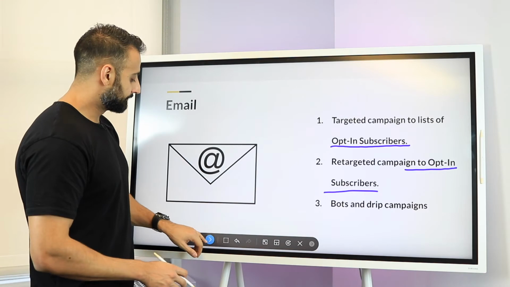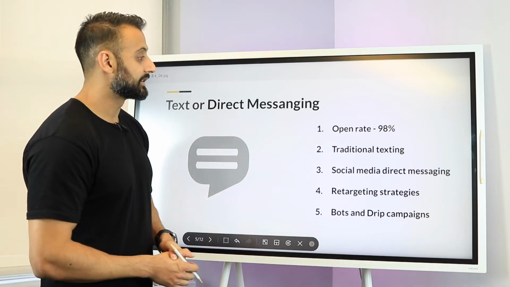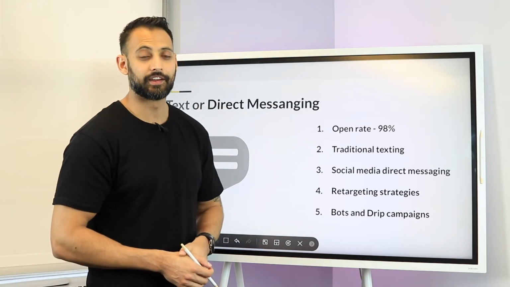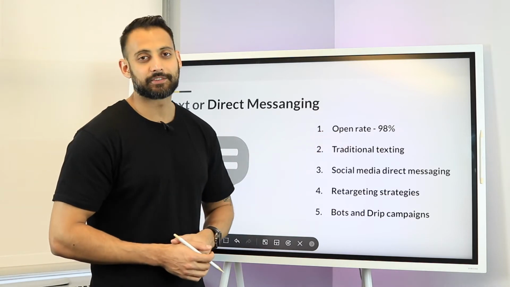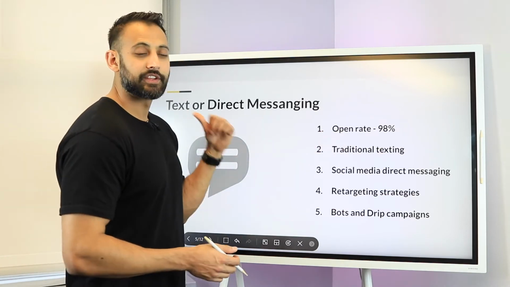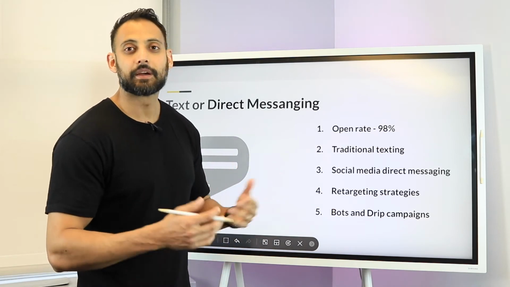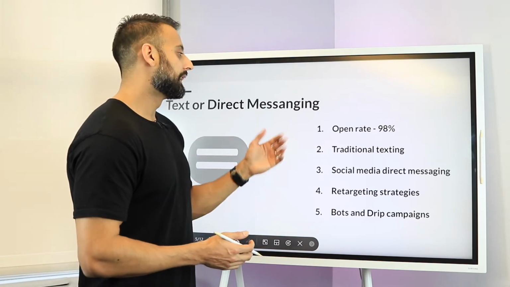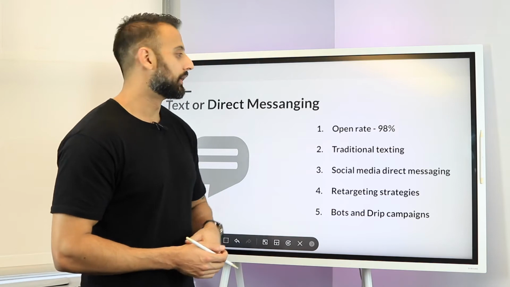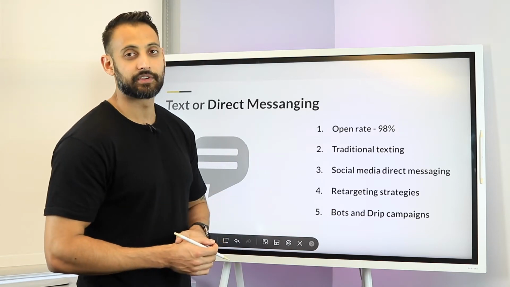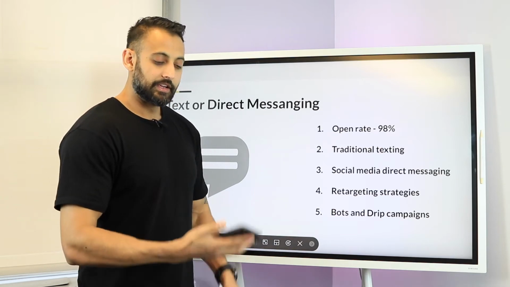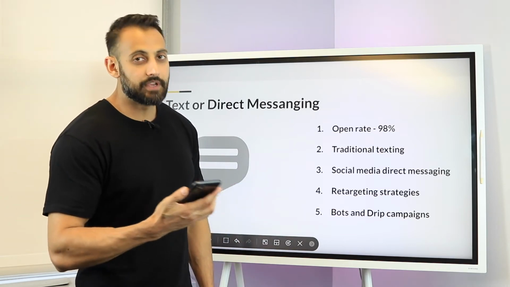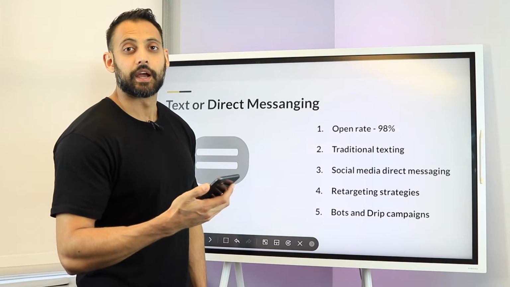So that's emails. Text messaging is becoming really good as an advertising tool in today's world. The open rate for a text message is 98%. I gave you the example that we had 1,000 people and say 10 people open an email. The opposite is the same with text messaging. When you get a text on your phone, you open it. You may immediately delete it, but you open it to look at it.